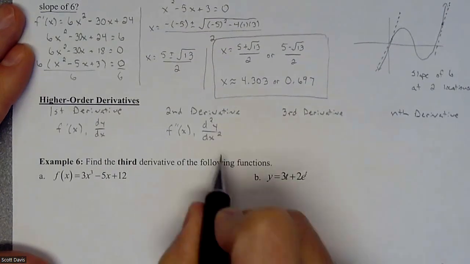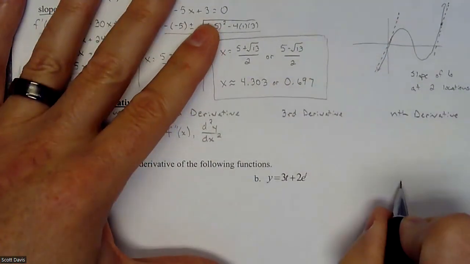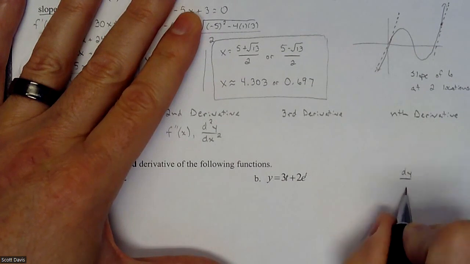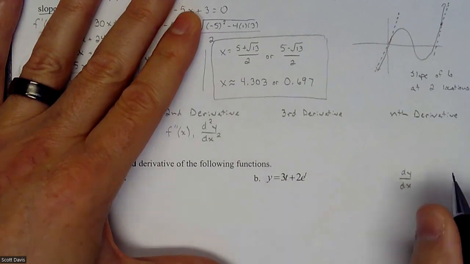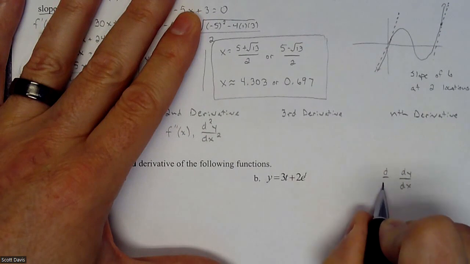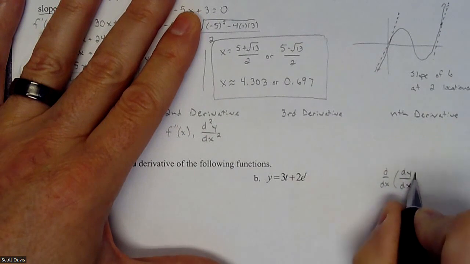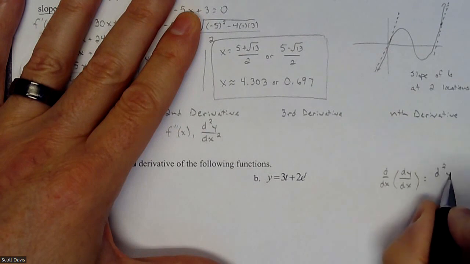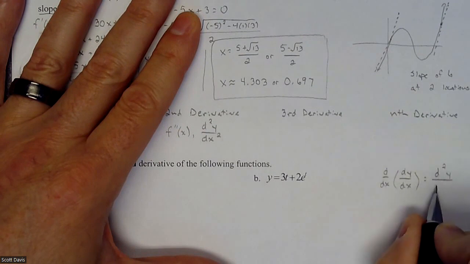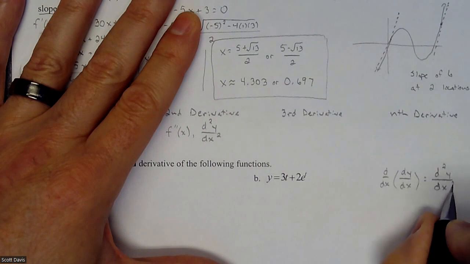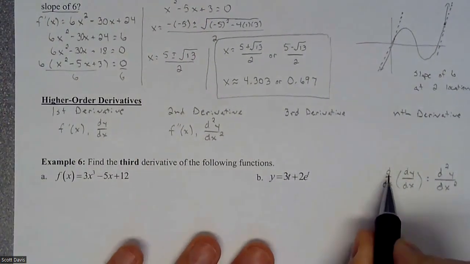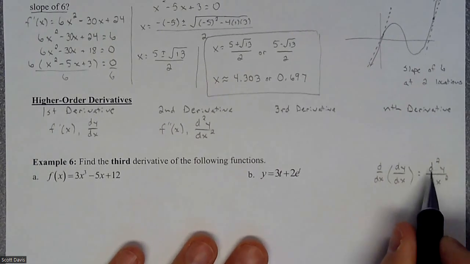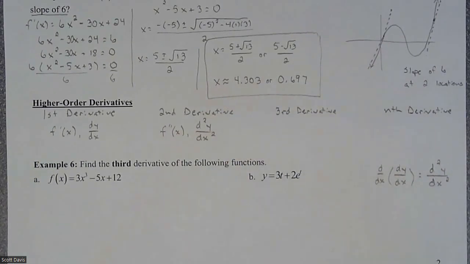Okay, so let me talk about why that happens. If you have a derivative already happening and you take the derivative of that, you get a d squared y and then two dx's. It's the math on it. So you're doing the derivative of this with respect to x. And so that's where that comes up. All right, so